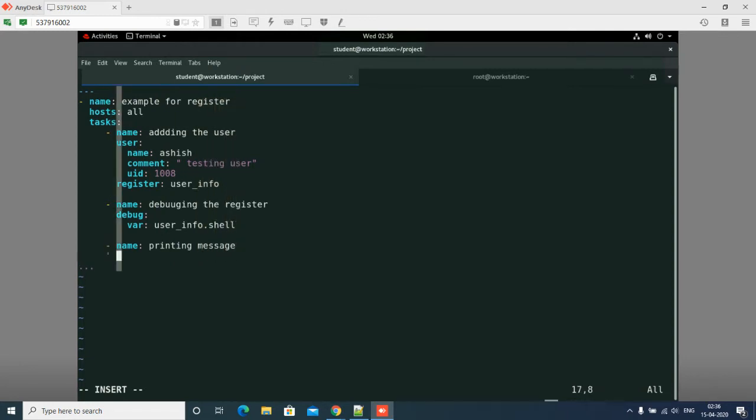I am using the debug module again, and here I am using msg: User has been added. Now I am just using a when condition, which I am going to discuss later: when user_info.state equals present. Okay, let's check.